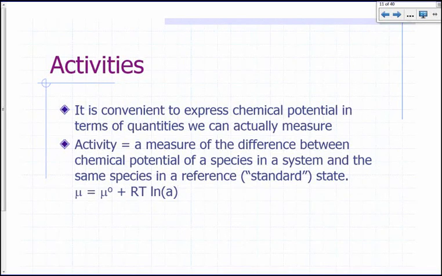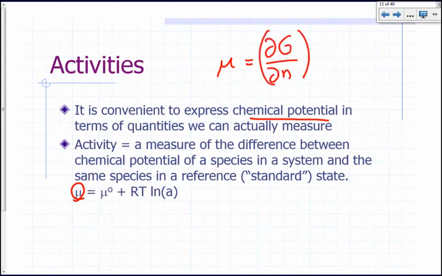All right, let's continue our discussion of thermodynamic analysis of equilibria involving mixtures. Previously we said that the key to understanding equilibrium is the chemical potential mu, which is just the partial derivative of the Gibbs energy with respect to number of moles at constant temperature and pressure. And if you're dealing with mixtures, then the chemical potential of, let's say, component A of your mixture